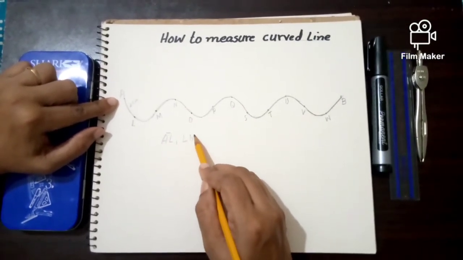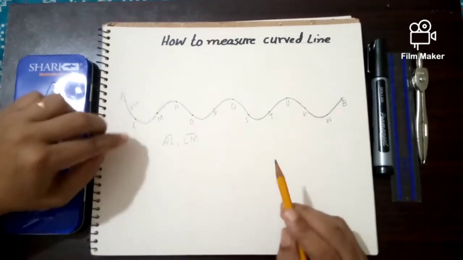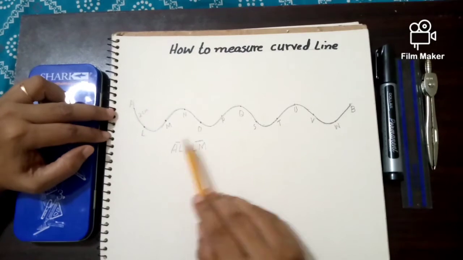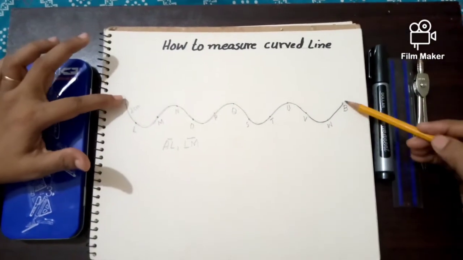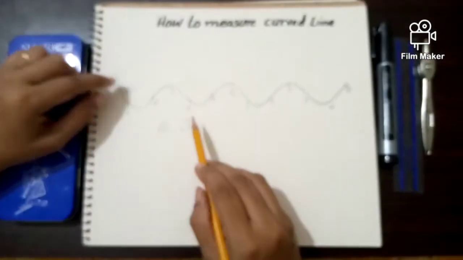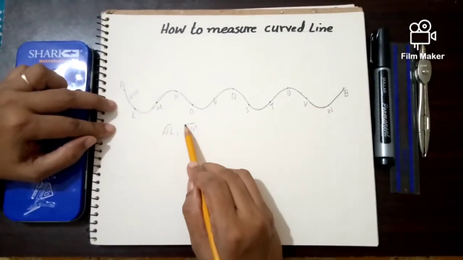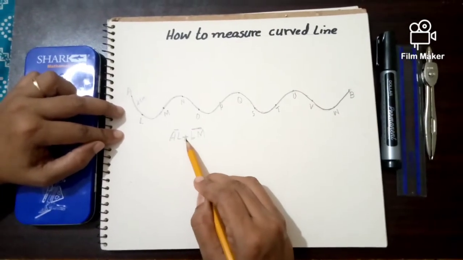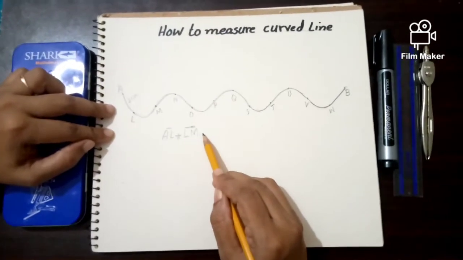AL, LM. When we add the length of all the segments of the curved line, we will get the total length of this line. So first we will write the name of the line segment and we will add